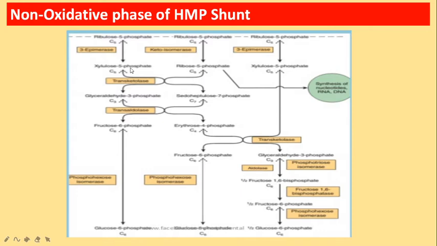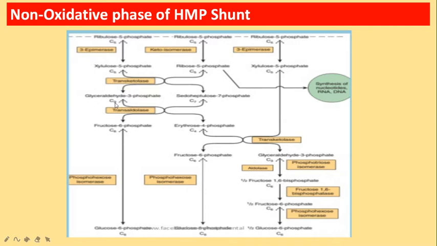Now one molecule of xylulose 5-phosphate will condense with one molecule of ribose 5-phosphate in the presence of the enzyme transketolase. These are 5-carbon compounds, so two 5-carbon compounds are condensing. The 10 carbon compound is split into two compounds. One is the three carbon compound glyceraldehyde 3-phosphate. As a result of this transketolase reaction, we get one molecule of glyceraldehyde 3-phosphate and one molecule of sedoheptulose 7-phosphate, which is a 7 carbon compound.